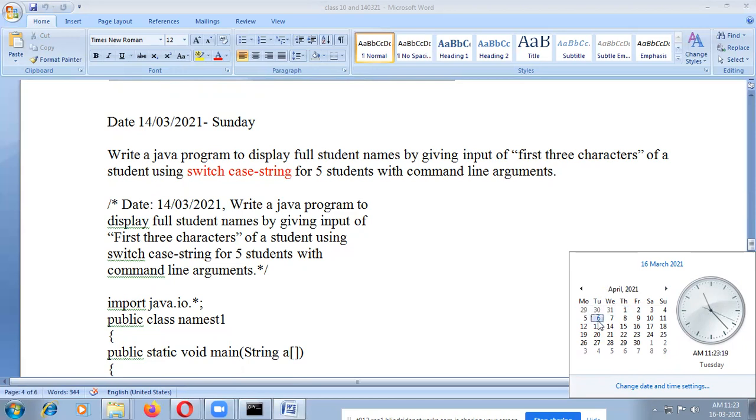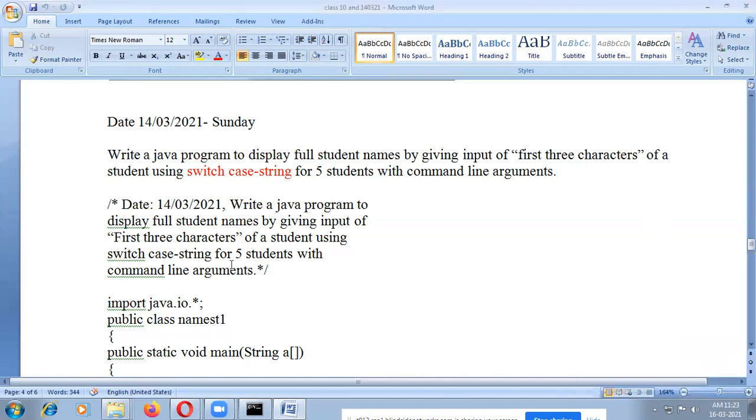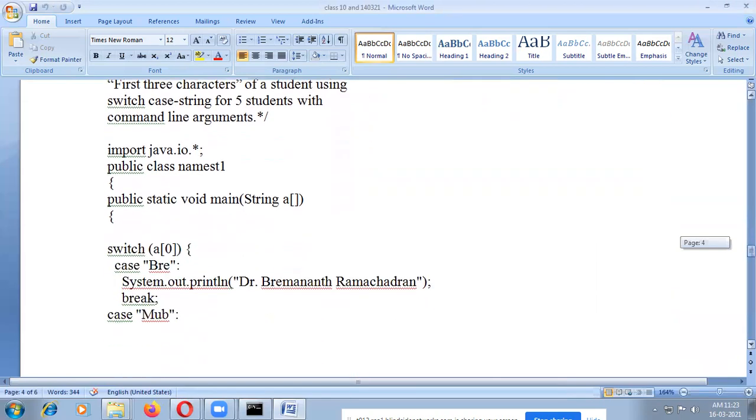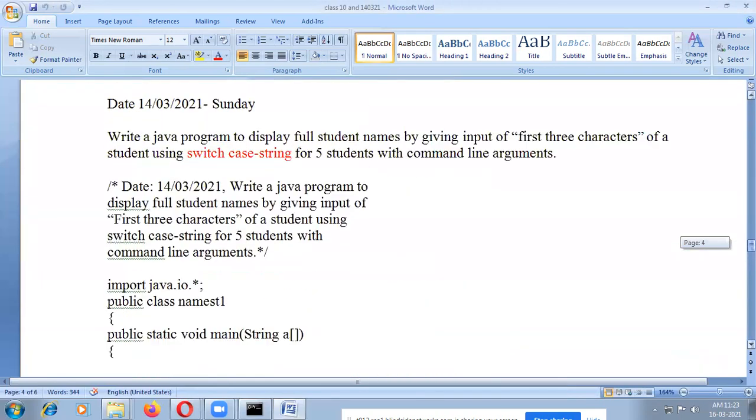I will give two questions. You can answer and upload it in the Moodle with the same format. You can write the program, compile the program, run the program and submit.